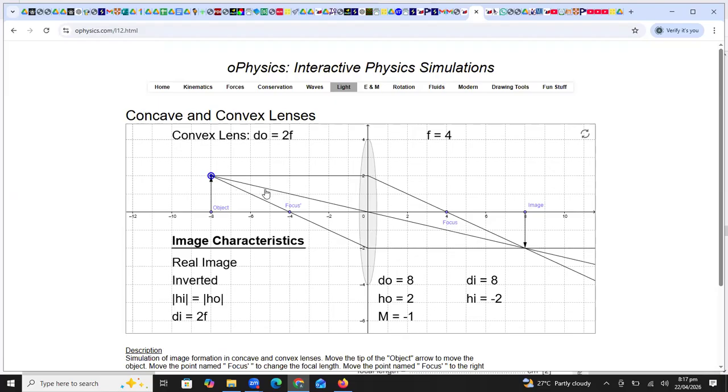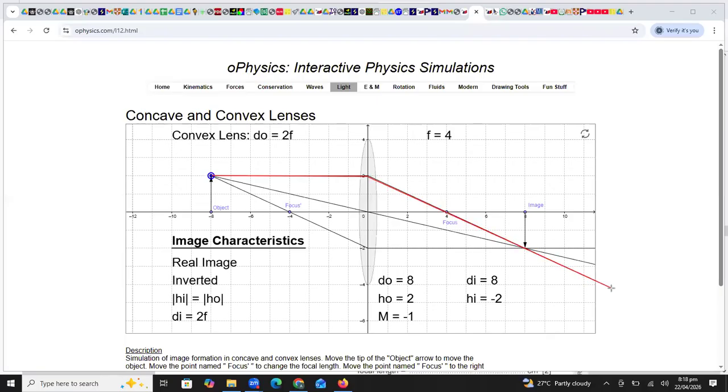And you can see the ray number 1, it is passing in a straight line. And this ray number 1 is passing through the optical center. All right. And you can see, beta, I have drawn the same diagram. Ray number 2 will pass straight parallel to the principal axis till the center of the lens.